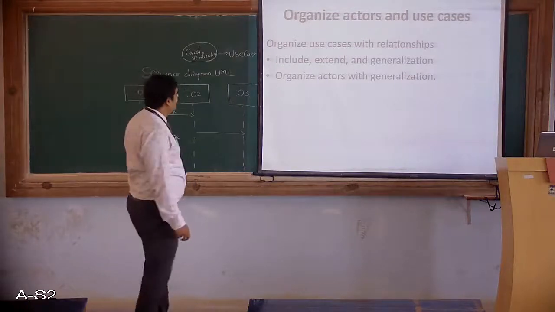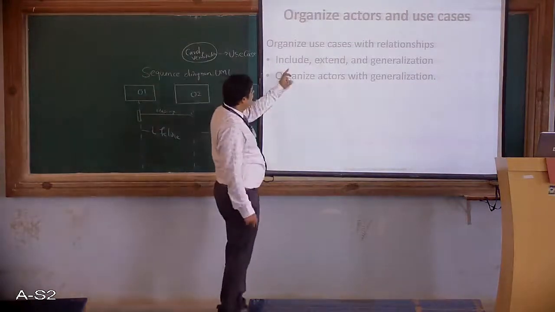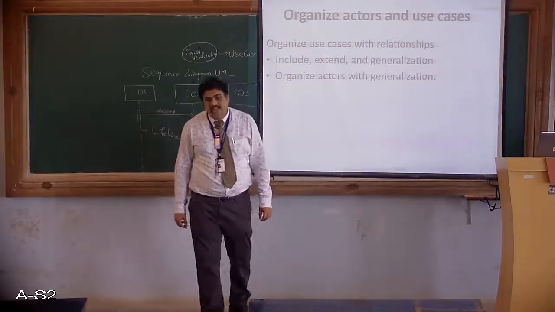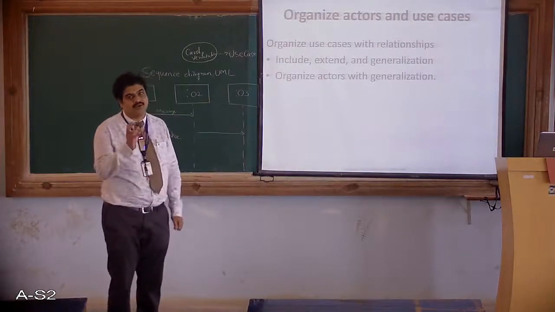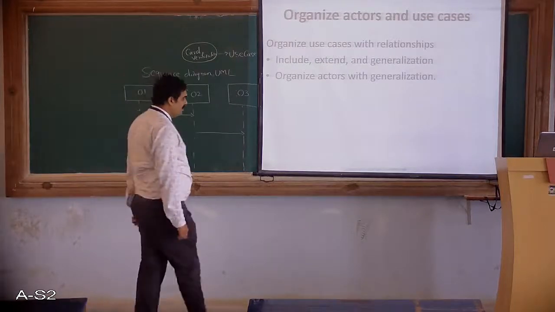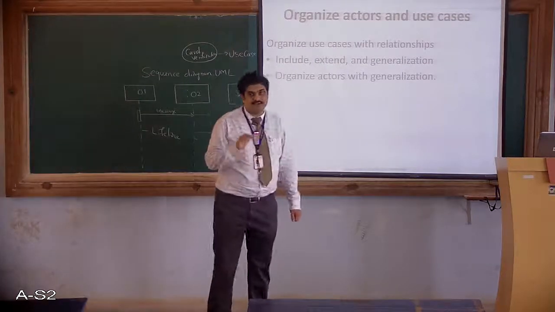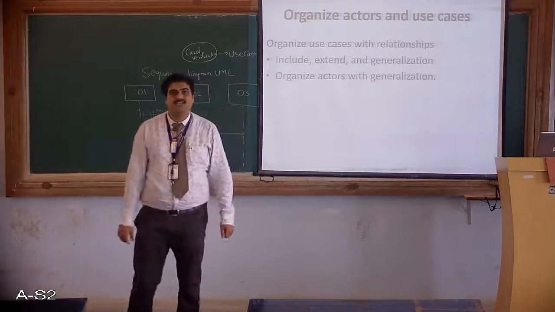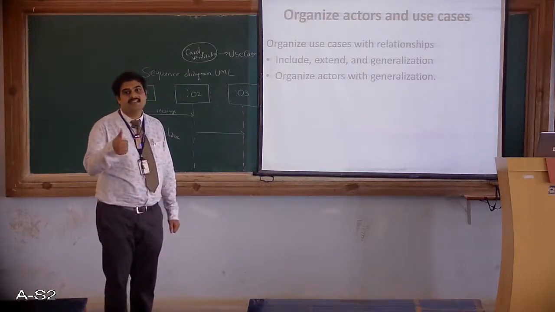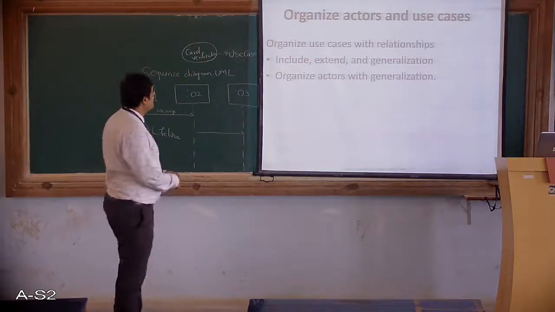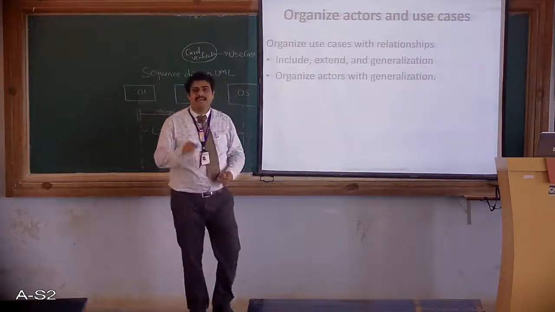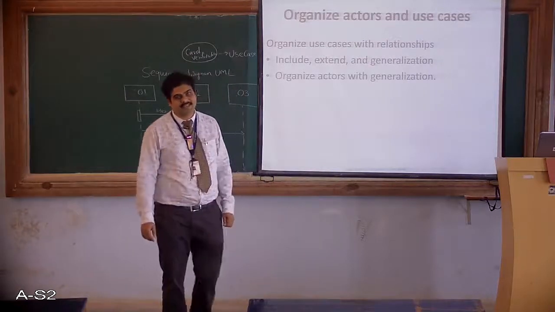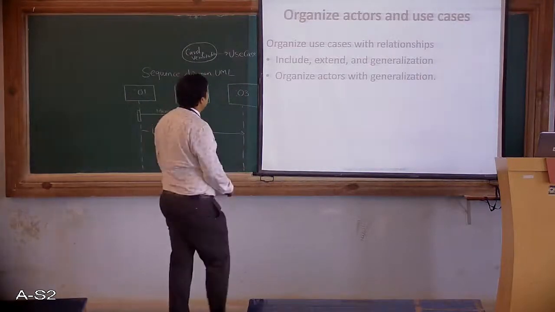For example, you can go for include. Now, as you know, include can be used for every verification. For example, maybe you have observed in the banking system, for every task the banking employee uses a thumb impression. That is a kind of relationship called include. Every time it is going to include that particular task. That also can be identified.